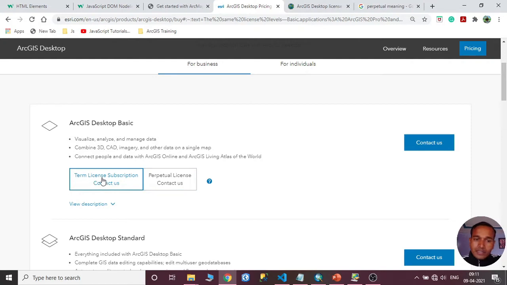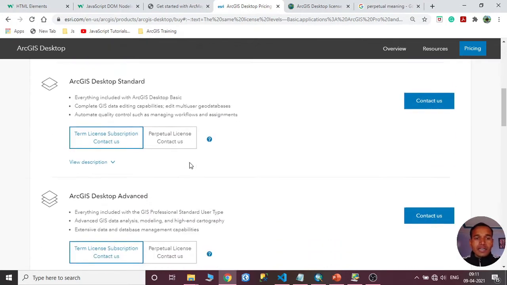One is term license subscription, another one is perpetual license subscription. The term is for a specific term, for how many years or months you want to take the license. The cost will be according to that. And the perpetual license is for continuous business. If you have a continuous business and your company requires it, then you can use the perpetual license. The cost you can check on this ESRI website.